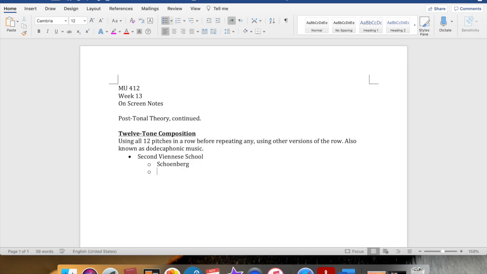So Schoenberg is the teacher of two other composers, Berg and Webern, and many other composers besides those two, but these three together are the primary group that we call the Second Viennese School. And we're talking, of course, about the beginning of the 20th century up through about World War II when they're all living there. Webern was actually shot by an American soldier by accident at the end of World War II after it had technically ended, and so he didn't live beyond that.